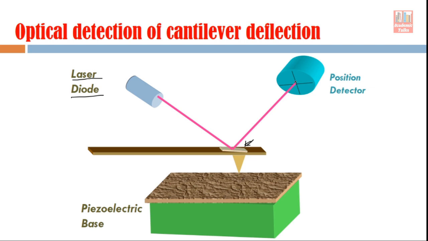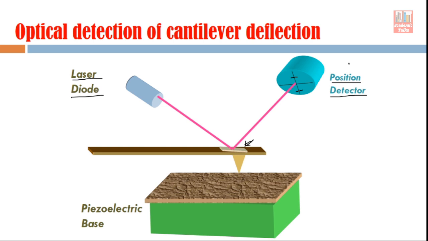Now the detector is a special kind of detector. The light falls here on the detector, and this detector generates an electrical or electronic signal in response to this light, right? But this detector is special in the sense that it is a position detector. So it detects not only the amount of light falling on it, but also the position of light. So whether the light falls in the upper half or the lower half, this position will decide how much electrical signal will be produced at the output of this position detector, right?